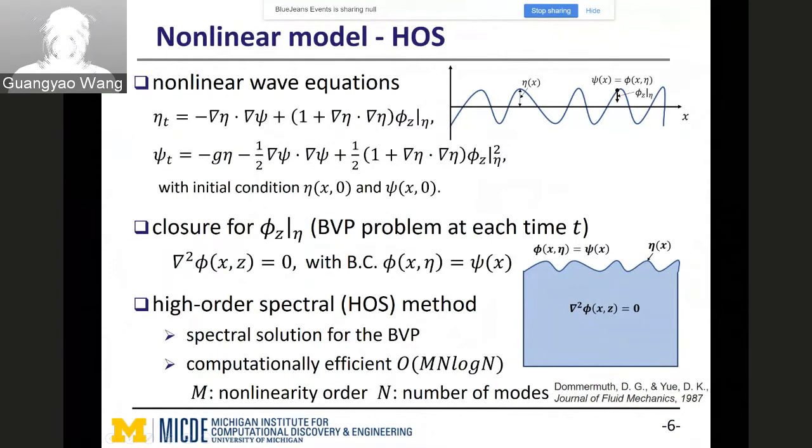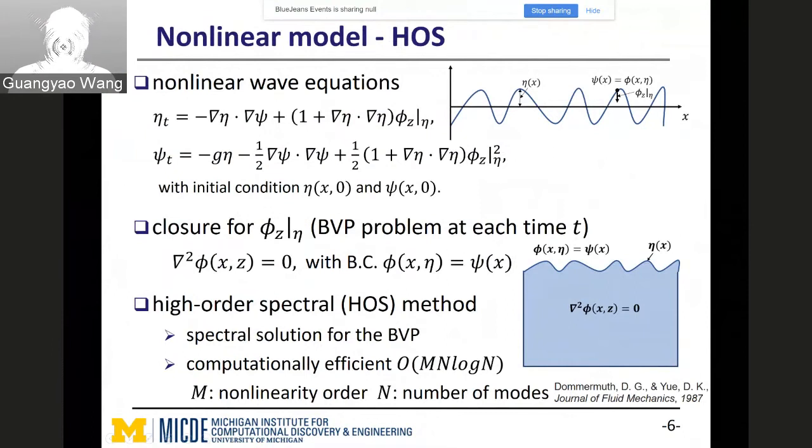If we look at the two equations, if we are able to evaluate the right side of both equations, we can easily do the forward integration to get the solutions at any time point. However, usually we only have the initial condition in hand. With the initial condition, we cannot evaluate the partial phi partial z. To address the issue, we need to look into the boundary value problem, which is shown below.